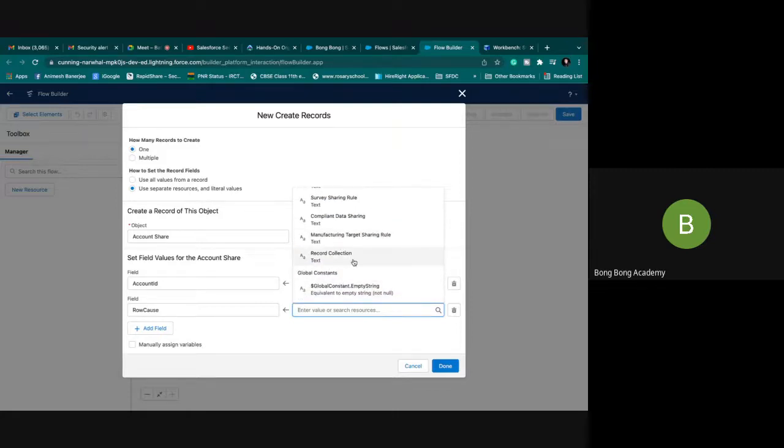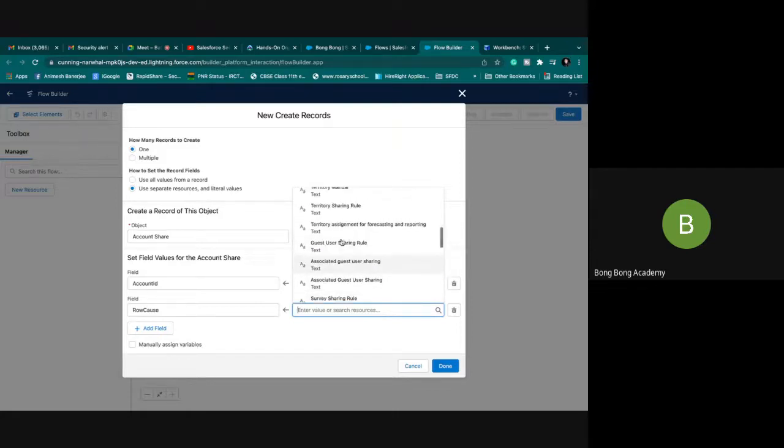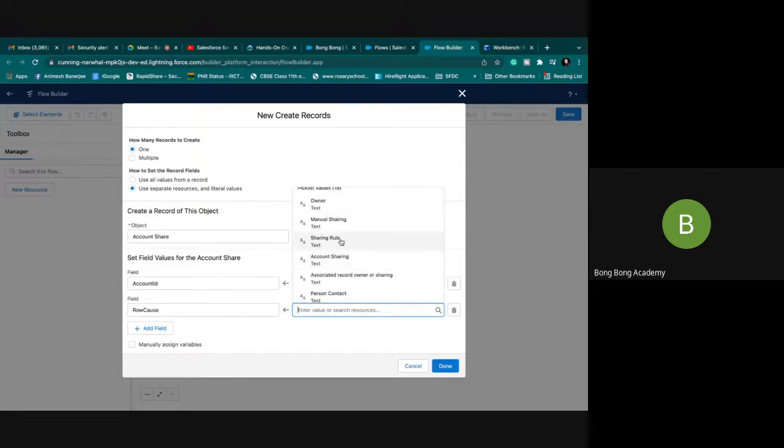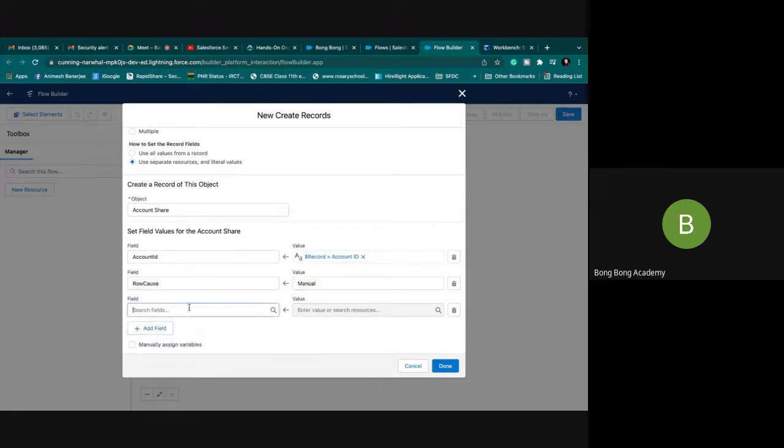You can create your own. Let's keep it manual. Okay. Third is account access. Account access would be read only. To whom?